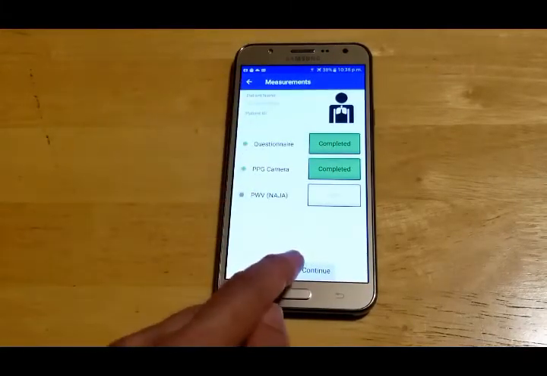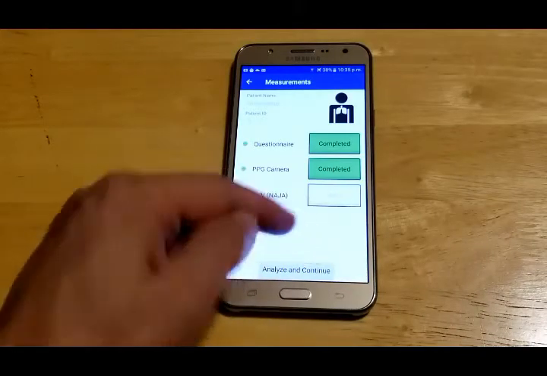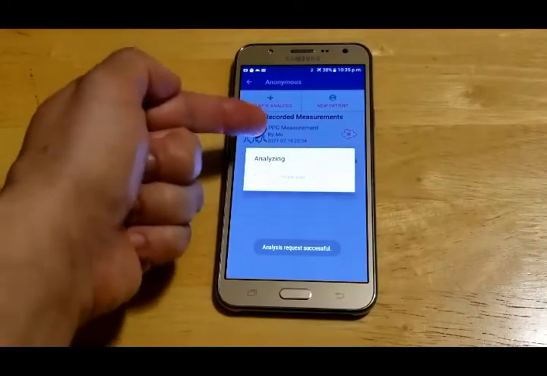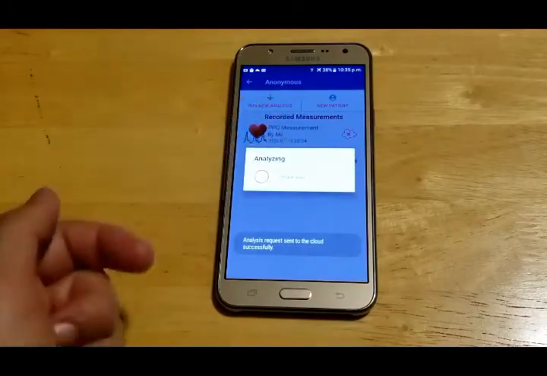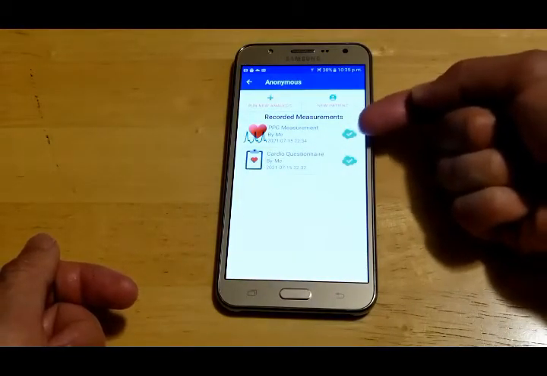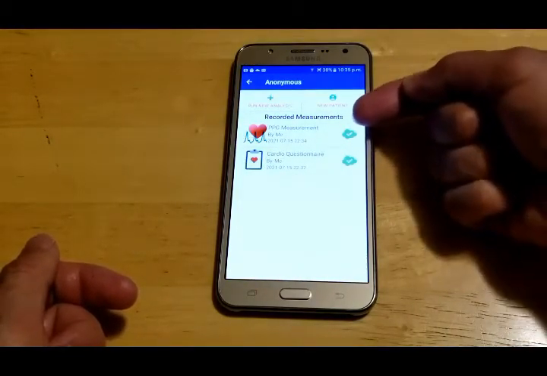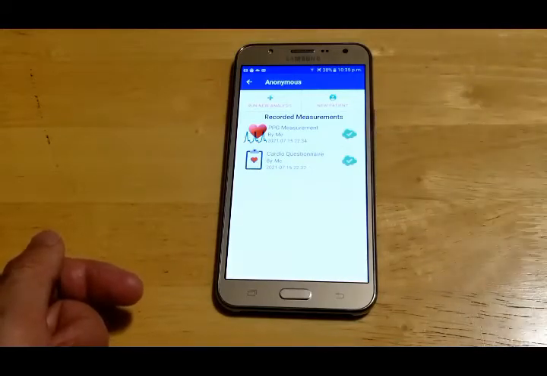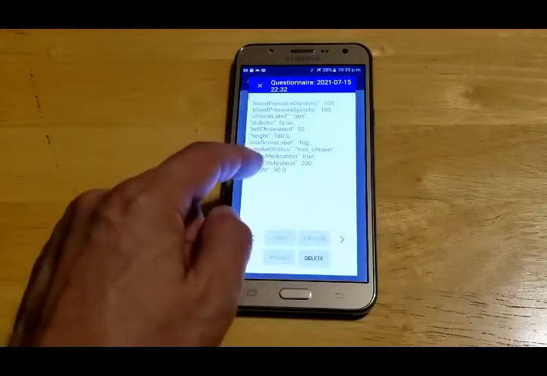So I'm going to go to the next step here. I'm going to press analyze and continue. And now what it's doing is it's analyzing each individual measurement. And you can see here, these icons have changed to a green check mark in the cloud. So that means the measurement has been completed. I could then review my measurements